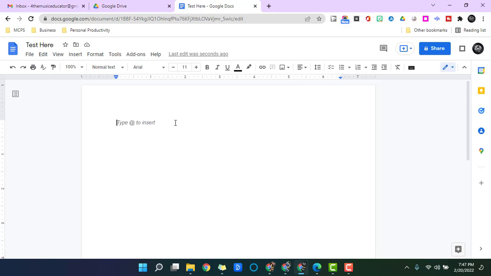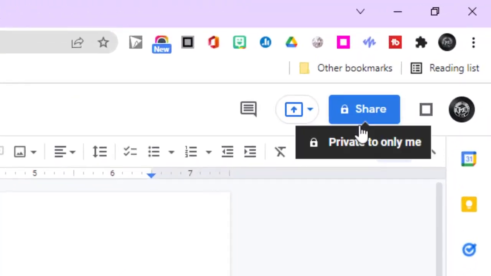One of the other really important things about sharing and using a Google Doc is the fact that other people can collaborate with you. If you see over here in the right hand corner, when I first make a document, it is private only to me. I get to choose who gets to see this document, who can work with me. So say I want to share it with someone else. All I have to do is click the share button,